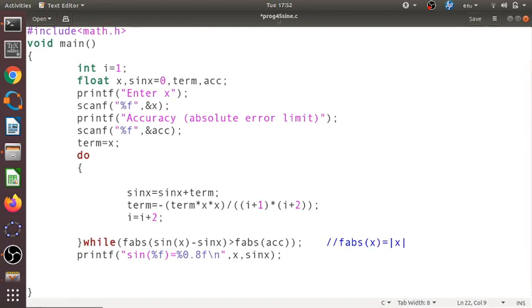Let me just write here. You can check what is the value as per C. As per C, what is the value? It is %0.8f comma sin of x. Okay, let us see what is the value.